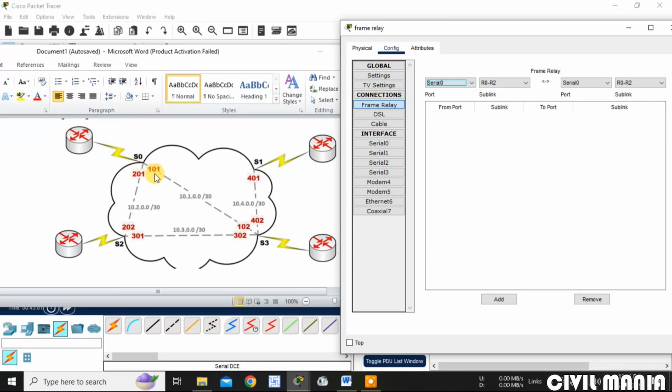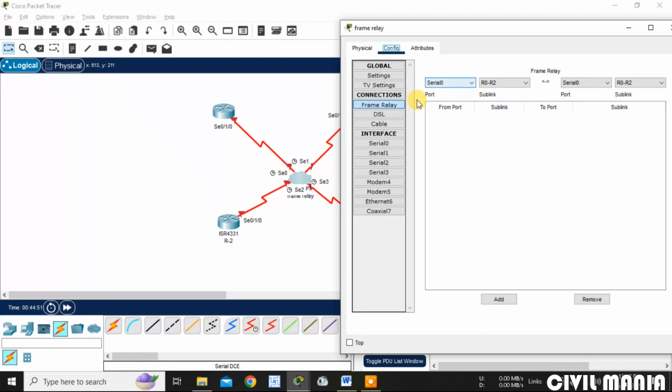Here the connection is router 0 to router 2, router 0 to router 2, and on the other hand, let me show the diagram.